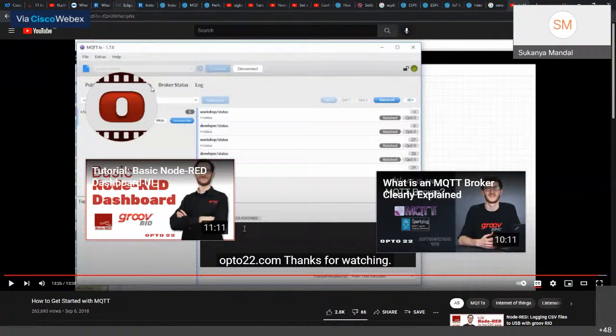So we just saw how Node MQTT client is used to create the MQTT brokers and topics and make it up and running. Of course, Sukanya. Yes. There is a framework called TTN, The Things Network.